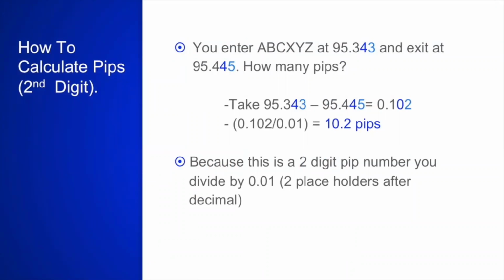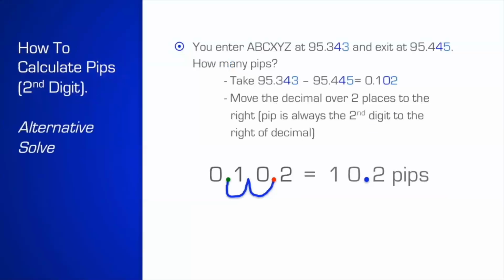Why did you do that? You did it because there are 2 placeholders after the decimal. Remember, on yen and gold pairs, the pip is the second digit after the decimal. So that's why you would divide by 0.01. That's one way of doing it. Now, the other way of doing it, you already know, is slide the decimal place 2 spaces to the right. Remember, 2 places because the pip is the second digit to the right of the decimal in yen and gold